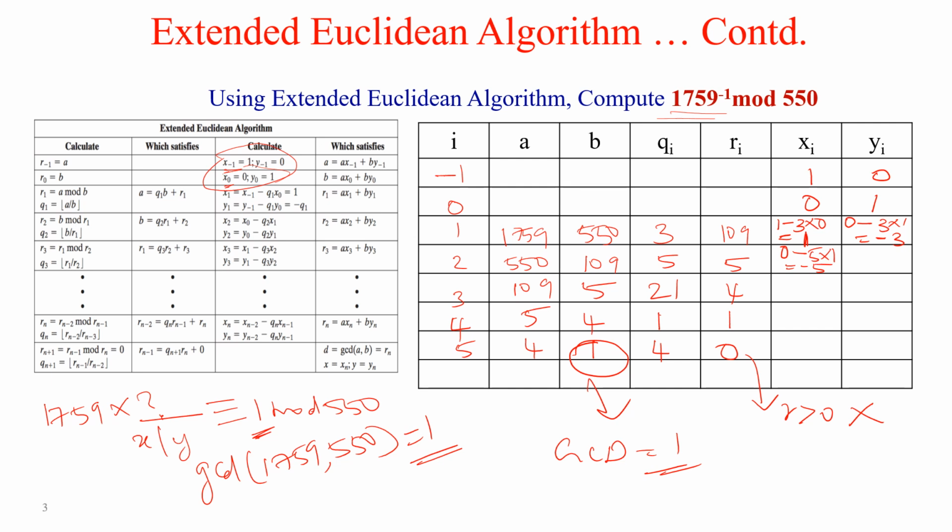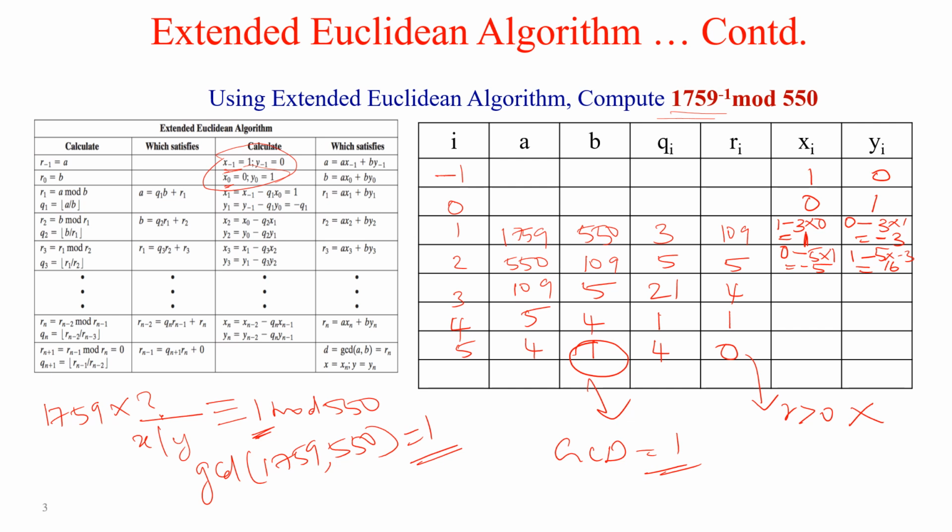Next here, previous y value, that is 1 minus quotient, which is 5, and previous y value is 3, -3. So if you compute, you get the answer as 16. Sorry, 16. Next this x3